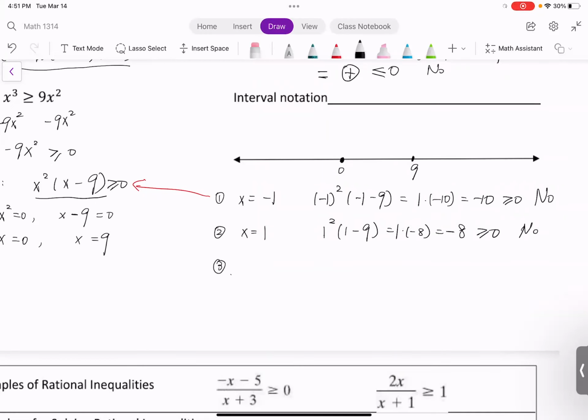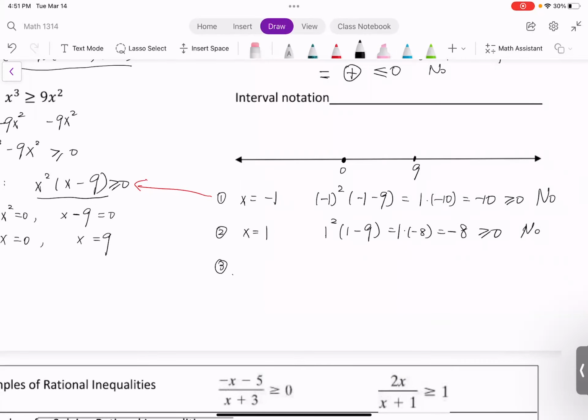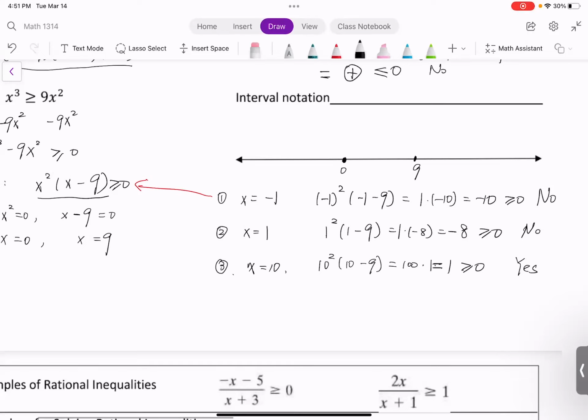Let's try something greater than 9. How about 10? x equals 10. So 10 squared times 10 minus 9 is 100 times 1, which is 100. Is it greater than or equal to 0? Yes, it is. So we only have one interval, from 9 to infinity, satisfying this condition, but we